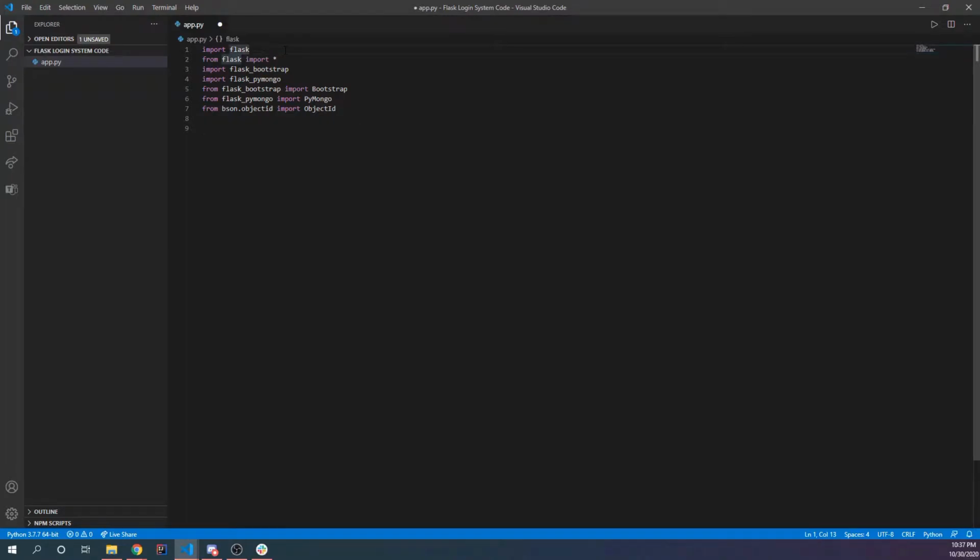So Flask is obviously to get our web server up and running. Flask Bootstrap is going to be so we don't have to deal with a lot of the CSS and we can still make our website look nice. Flask Mongo is going to allow us to use MongoDB, which is going to store our data and add the login functionality. And then these are just some other lines to import everything that we're going to need. Once we've done this, we can start laying down our basic Flask